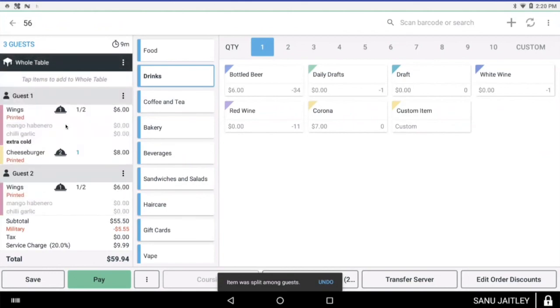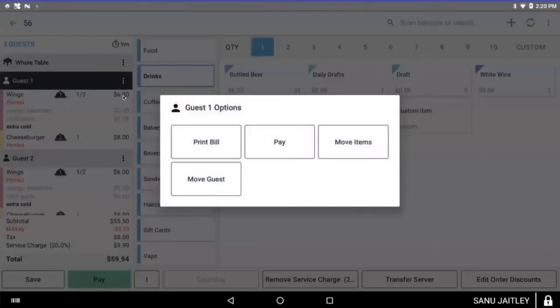Let's say guest 1 has an early day tomorrow and wants to close out their portion of the order while guests 2 and 3 are going to stay for another drink. We can go ahead and open up the menu next to guest 1. We can print out their bill. We can pay out their bill. We can move items. So let's say,